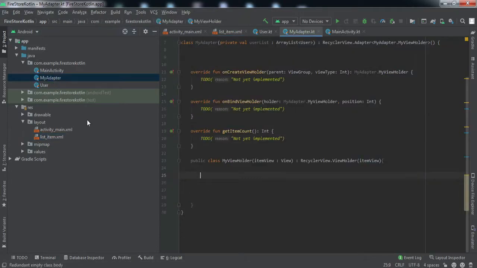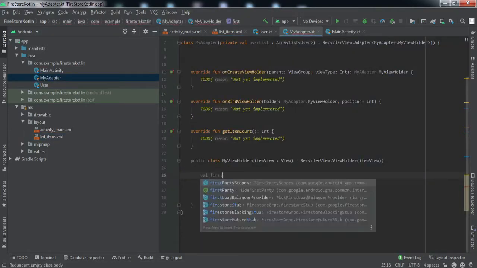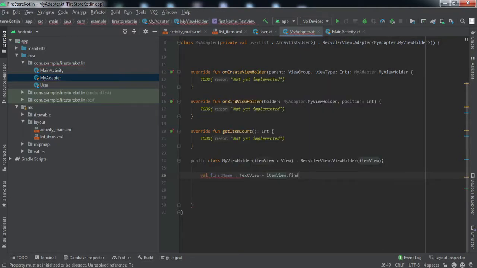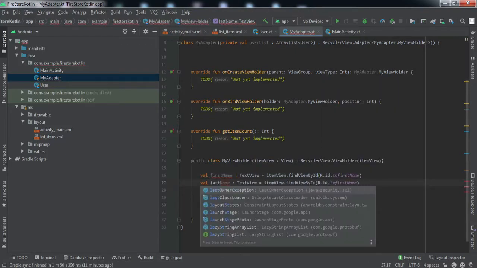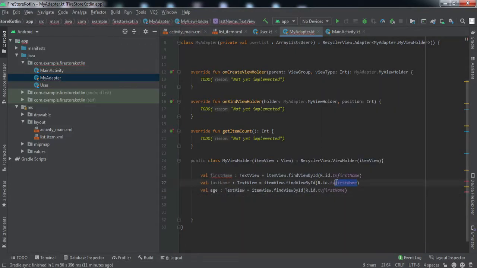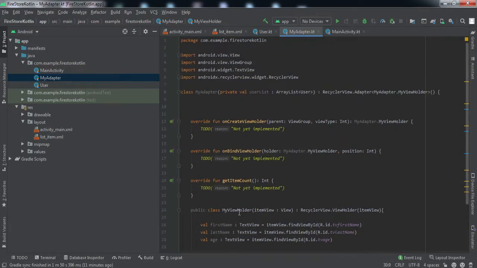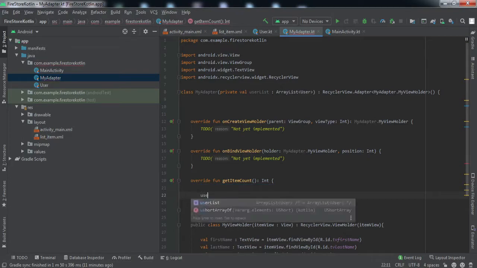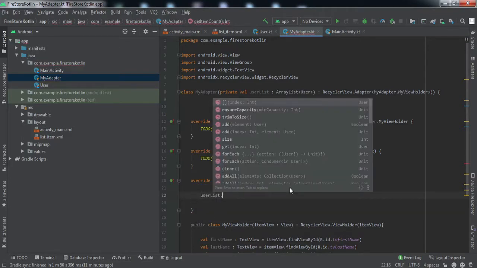So let me just quickly do that. Okay, we have referred to all the elements, and now inside this getItemCount we will return the size of the user list. So userList.size, right?